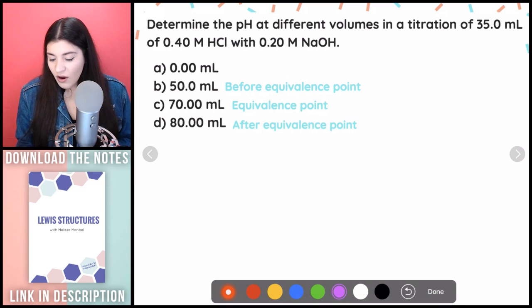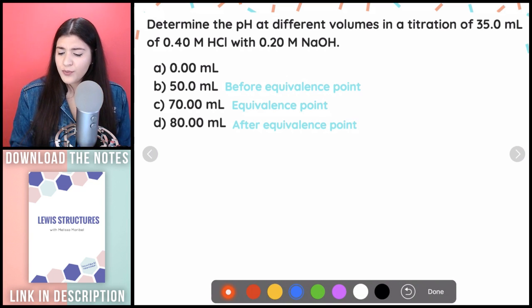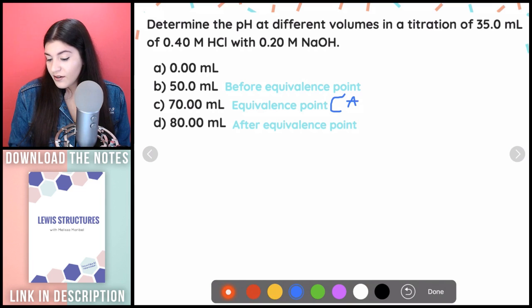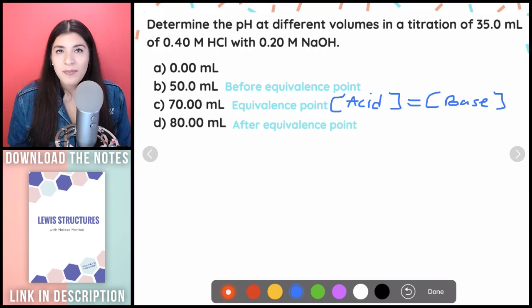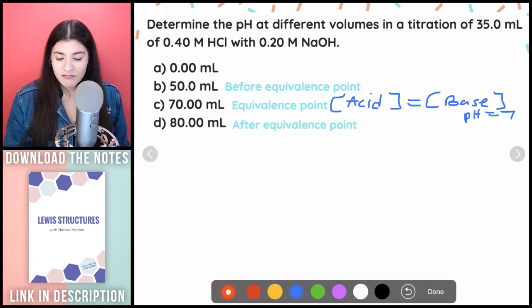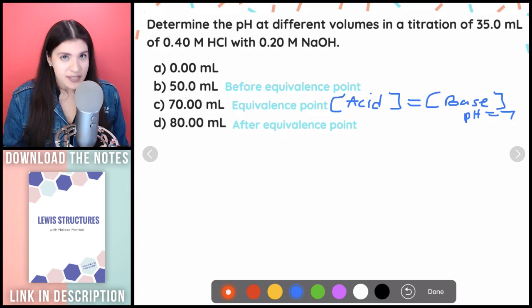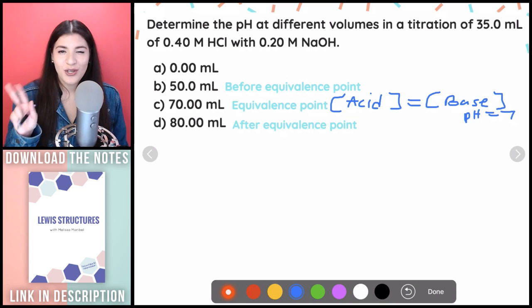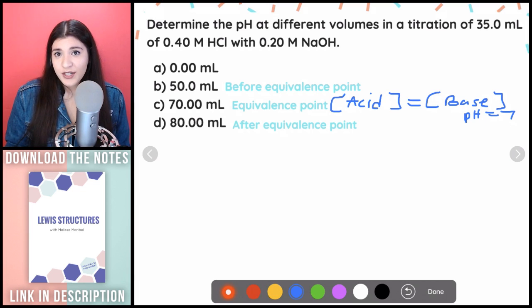And essentially what that's talking about is if our equivalence point is telling us that the concentration of acid is the exact same as our concentration of base, that means that it's neutral, right? So that's where it neutralizes because it's a strong acid, strong base titration. So that means that if it's neutral, then our pH must be 7. And I really answered part C. And that specifically, by the way, is just for a strong acid, strong base. It is not the same for a weak acid, strong base titration. Okay, so that's why I'm showing you 2 different types. And these are common test questions.